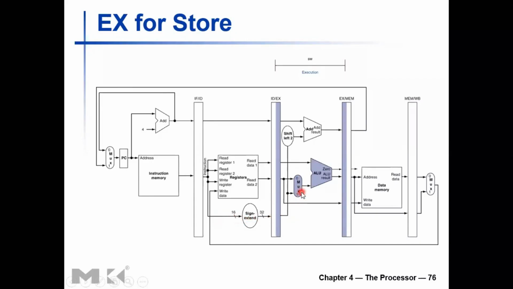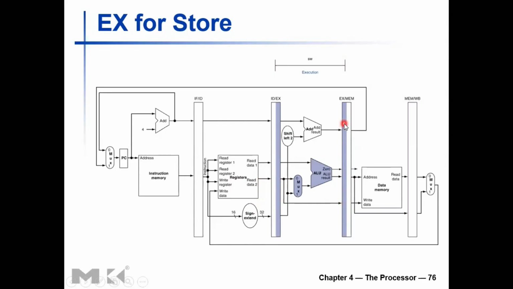And the correct control signal should be provided to the multiplexer to read the immediate value and add them through the ALU to generate the address that should be later sent to the data memory to write to. Then the data to be written is coming from this second register that we read,